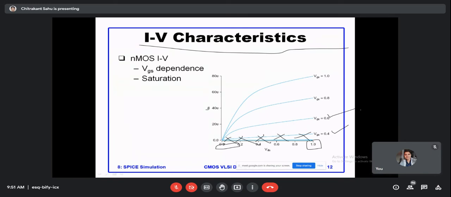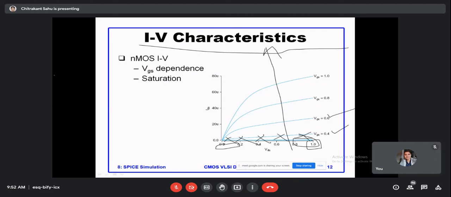Again, if you do it for VGS 0.6, because we are also ramping, as I told, we are also ramping the VGS voltage like this in steps of 0.4, 0.2. The first is 0, then 2 graphs are there, because at 0 there is a cutoff region and the current will not be there. At 0.2 also there will be no current. When we increase the VGS above 0.4, there will be current, and if we increase VGS further, there will be more current. So this is the IV analysis of a MOSFET.